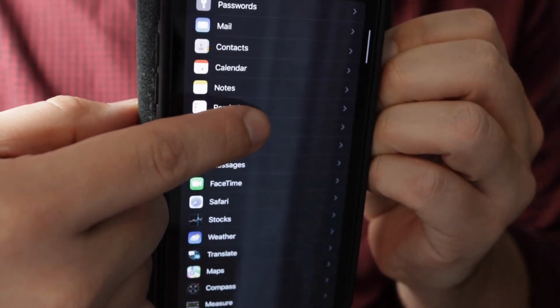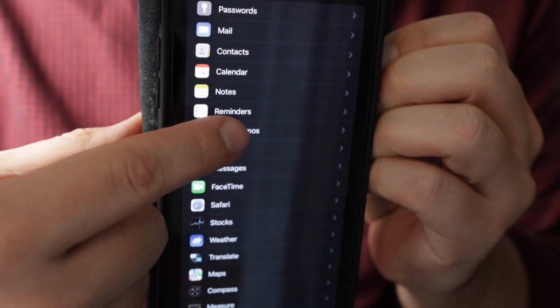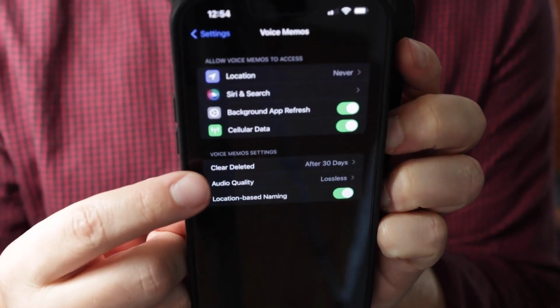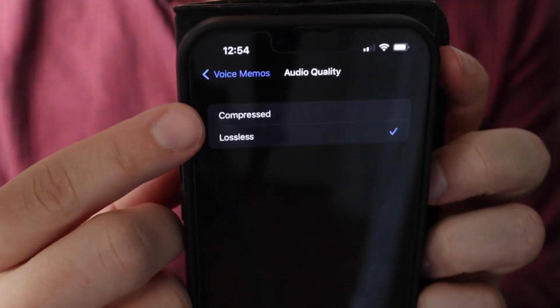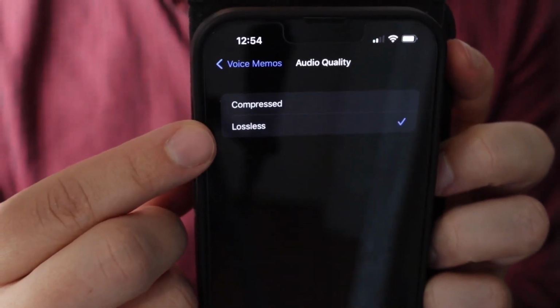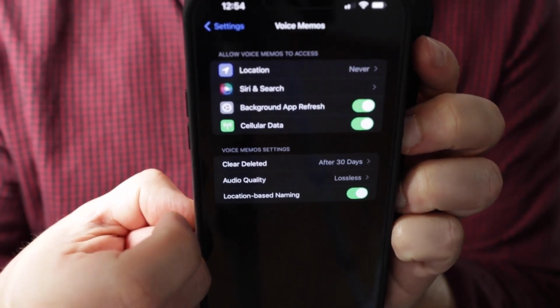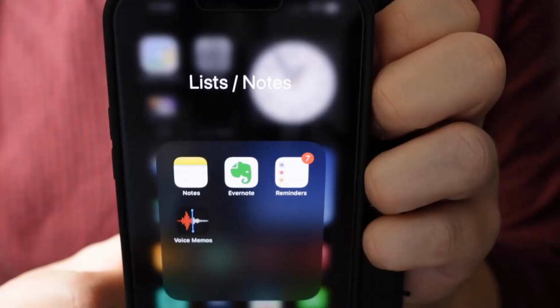So first, you want to go to the settings on your phone, and then navigate to voice memos. Then you want to change the quality, which will be this middle one right here, compressed and lossless. So you can see I have lossless, which is just a fancy way of saying it's uncompressed and therefore high quality. So once you choose lossless, hit the back arrow, and then we can open the Voice